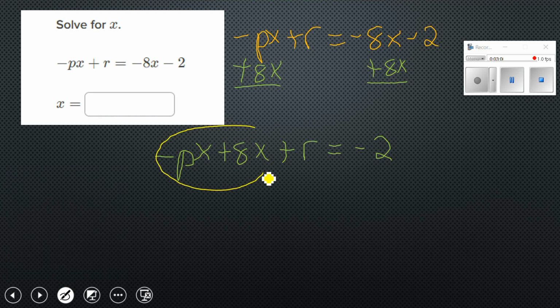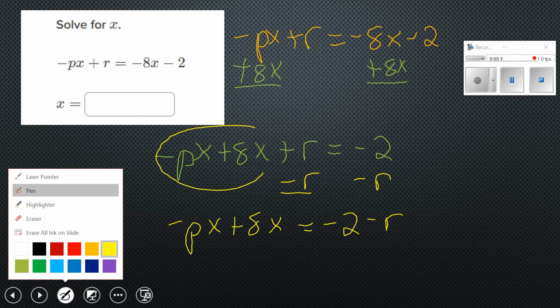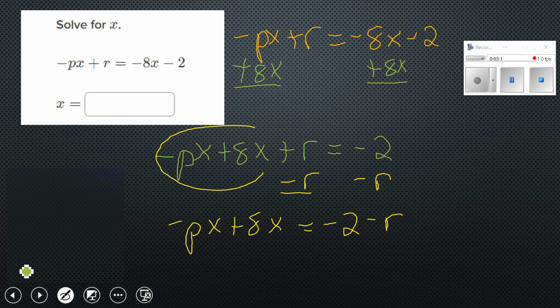So let's subtract r from both sides. So subtract r, and we'll rewrite. So we have negative px plus 8x equals negative 2 minus r. Again, you're looking at this and saying this is pretty complicated, but again, if you just follow your steps and think about it. Now the next step we're going to have to do is we almost have x by itself,